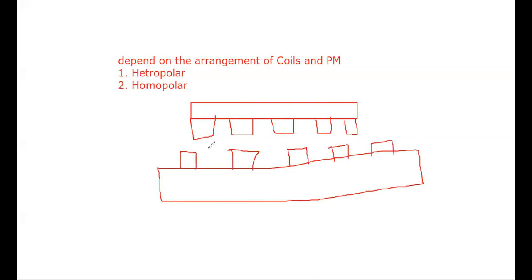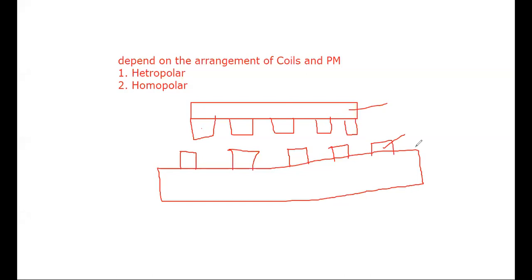So what happens? Here also there is a winding available. That is said to be the armature winding, and here also there is a winding available, that is the excitation winding. So two types of windings are present at each part of a machine, right? The armature winding is found at the primary and the excitation is found at the secondary. So this type of arrangement to get the polarity as well as to make the motor move from one position to another is said to be a heteropolar type of linear synchronous machine.